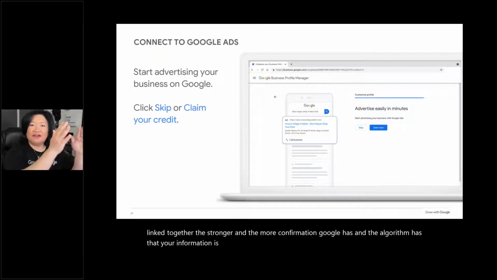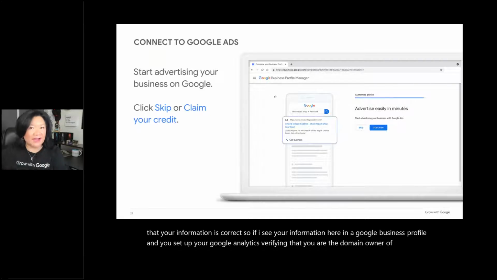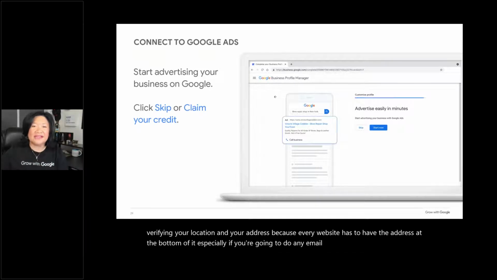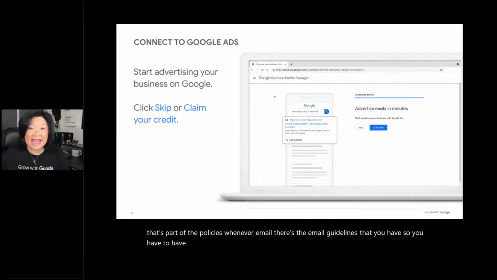So if I see your information here in a Google business profile and you set up your Google Analytics, verifying that you are the domain owner of a website, verifying your location and your address, because every website has to have the address at the bottom of it, especially if you're going to do any email marketing. That's part of the policies, the email guidelines that you have. So you have to have that disclosure. If you're doing any ads, you also have to have that disclosure. So now the two are linking together, confirming that